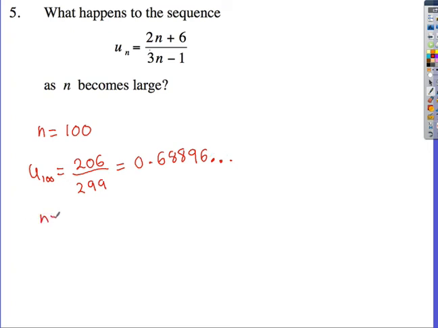When n is equal to something bigger, let's check for the millionth term. The millionth term is equal to 2 times a million, which is 2 million, plus 6 is 2 million and 6. Over 3 times a million, subtract 1, which is 2,999,999. Putting this into your calculator,